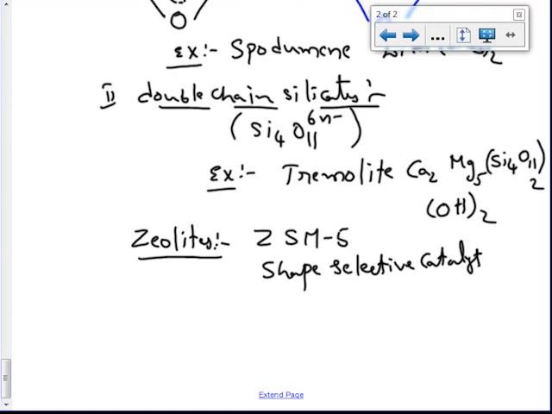Where we are using this catalyst means we are using the ZSM5 catalyst for conversion of alcohol to gasoline. Alcohol is directly converted into gasoline. We are using ZSM5 as the catalyst. So ZSM5 catalyst we are using for the purification of hard water by the ion exchange method. You can see in that ion exchange method we are using ZSM5 catalyst. This is regarding the silicates.